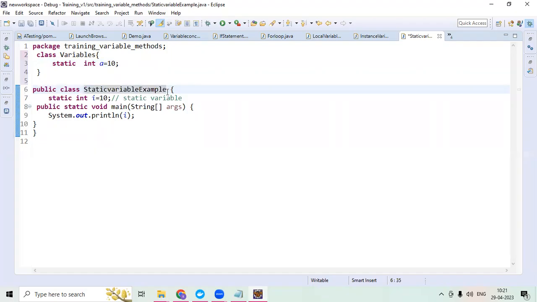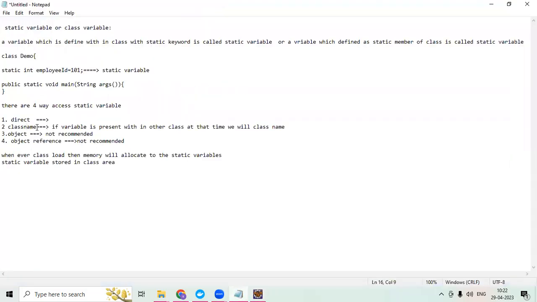At that time, we will use the inheritance concept. No need to worry about it, going forward we will learn about this inheritance concept. Here I have extended the Variables class. Now I want to access this particular variable. How will we access it? We have another way, that is called class name. When a variable is present within another class,